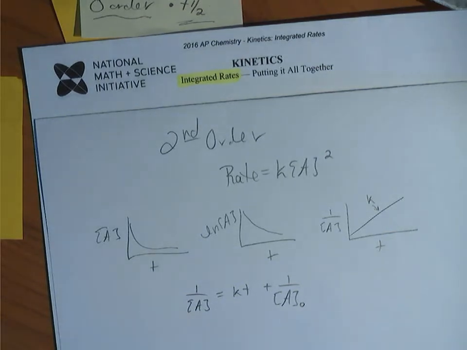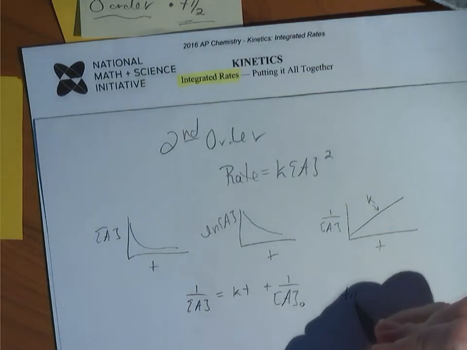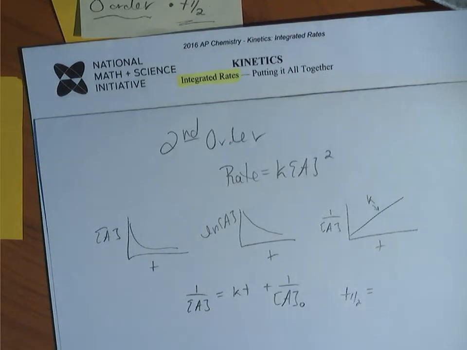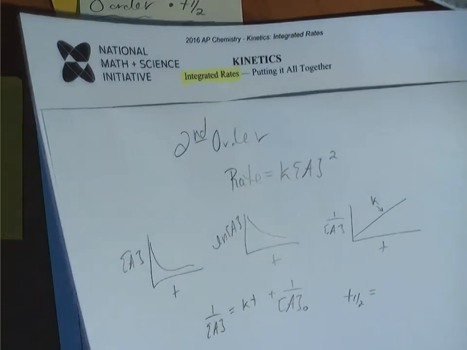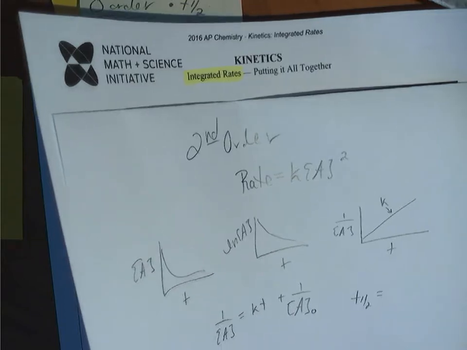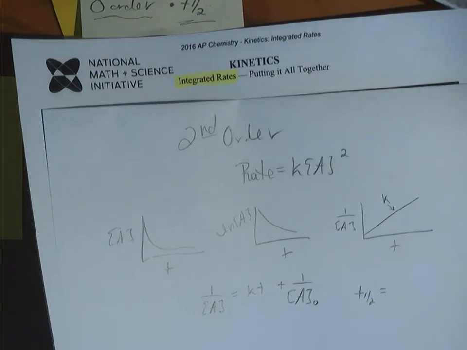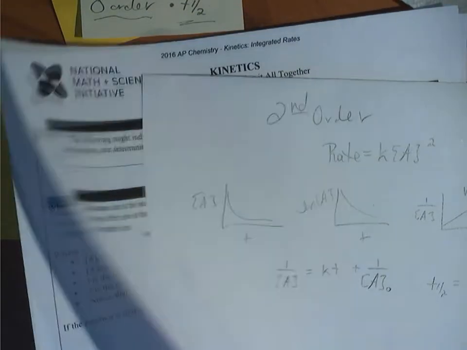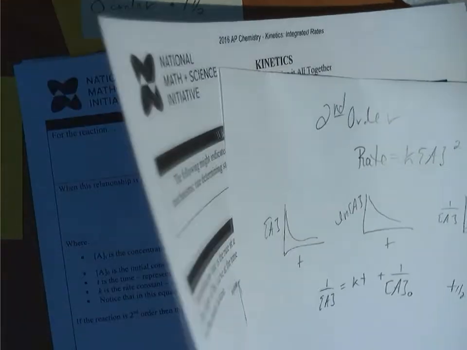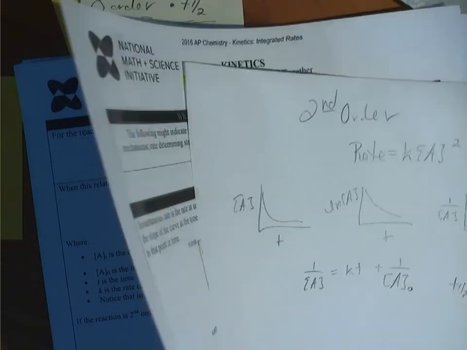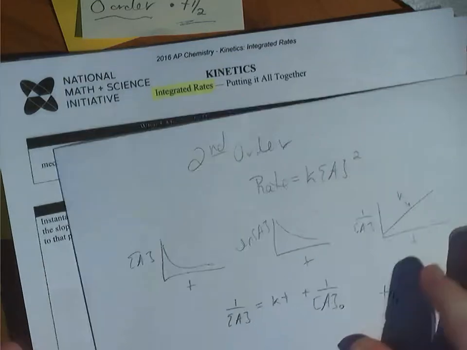If we derive our half-life for a second order, the half-life is not constant. And I just want to make sure that I am referencing. Yep. And so our half-life is